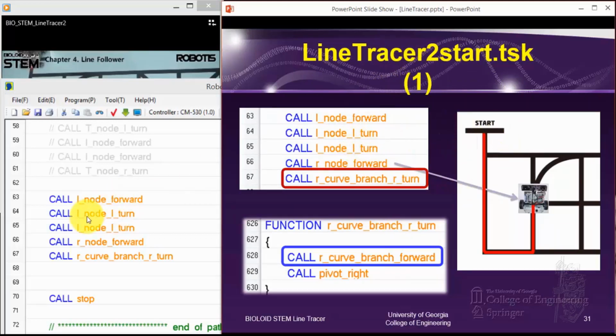So in this line of code here, remember this section here, that's L node forward, taking care of this job. And then this section of the track here, that's L node L turn. And then go on, take care of this part here, L node L turn. And then it goes here, you take an R node. But for an R node, we want to go forward a little bit more so that we're lined